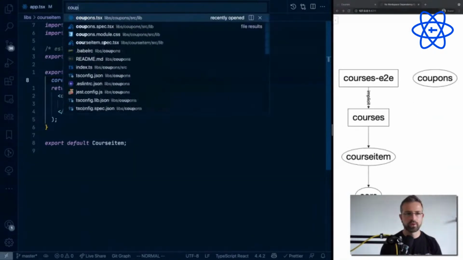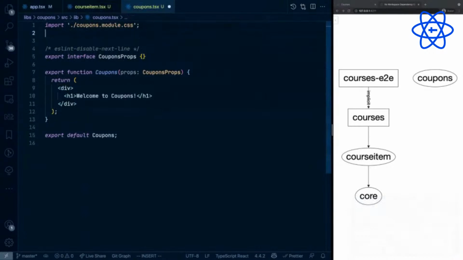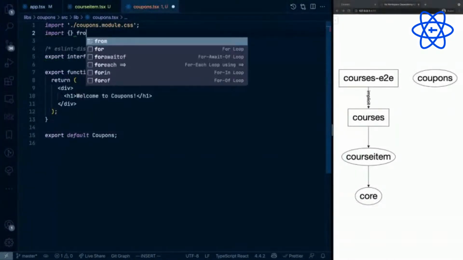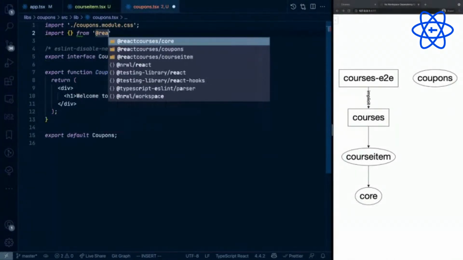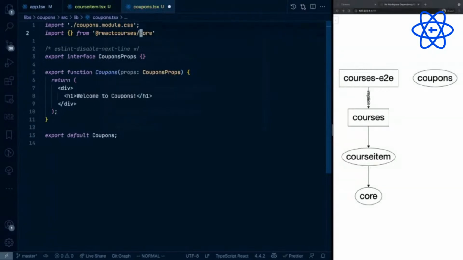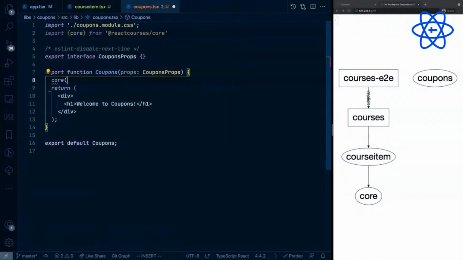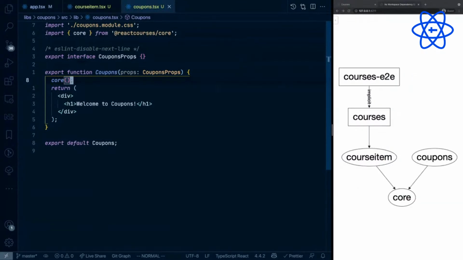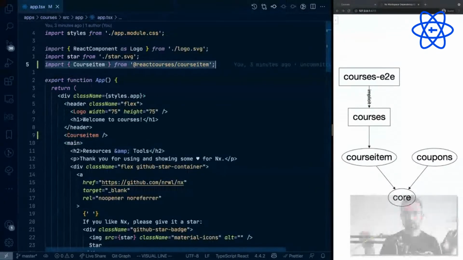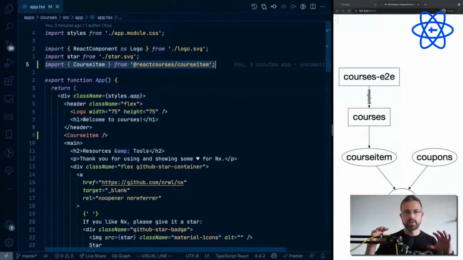And let me also do that for the coupons component that just got created. So again, I would use here React courses core, and here the core function, and import it here. All right, so now once I connect these, you can also see them being reflected in a dependency graph. Now, having these relationships, once you create more of them, you might even see that there's benefit